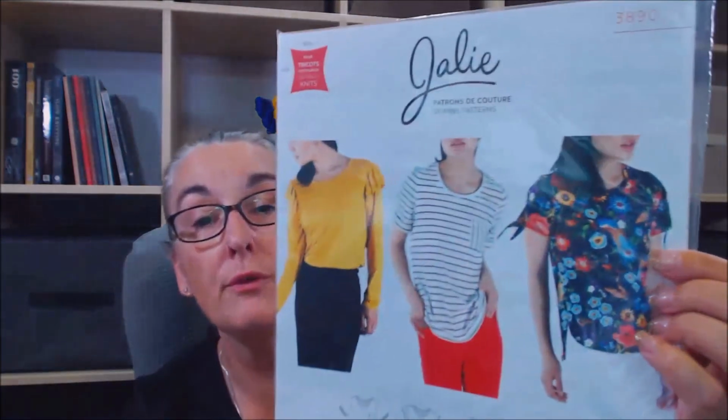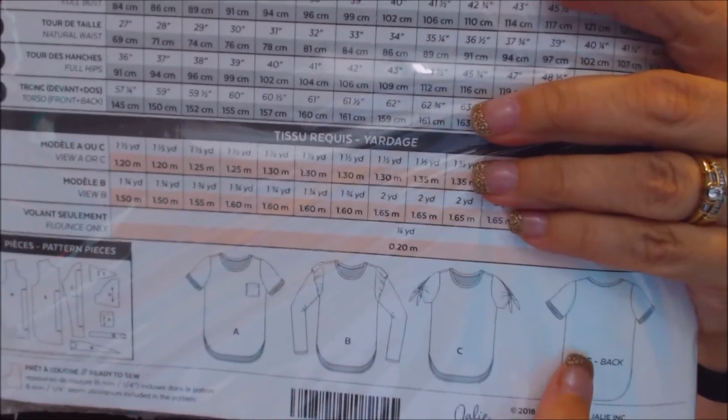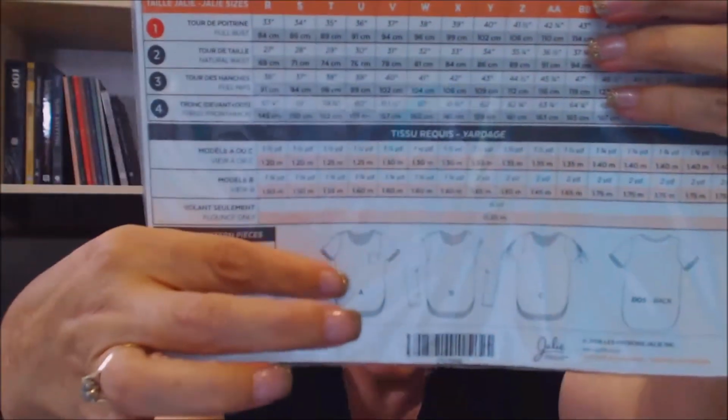It's a Jaylee pattern, and it's called Mimosa, and I'm going to do the one in the middle. I know the stripes are kind of weird, but if you look here, I'm going to do this one without a pocket. Or I guess that's the back, but I'm going to do this one, and I don't want a pocket. And so I bought some 95% bamboo, and there's a little bit of polyester I think in here, but